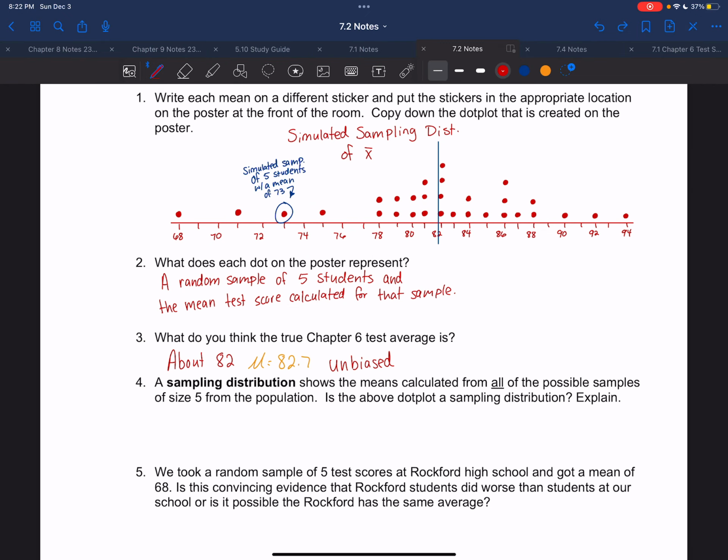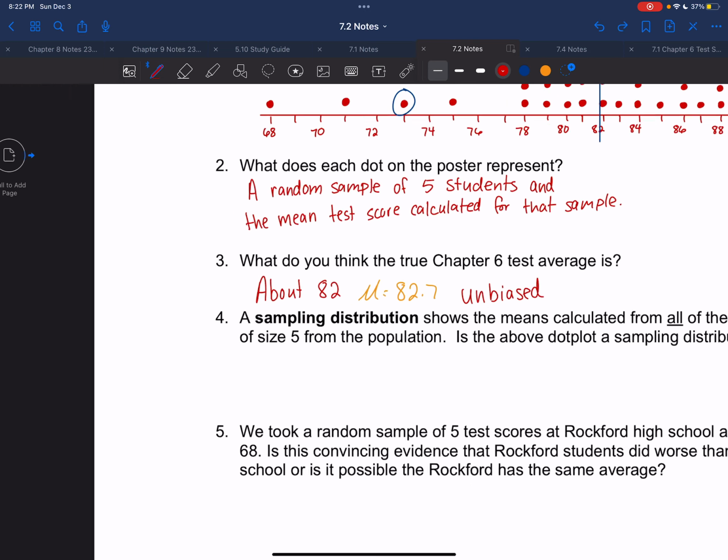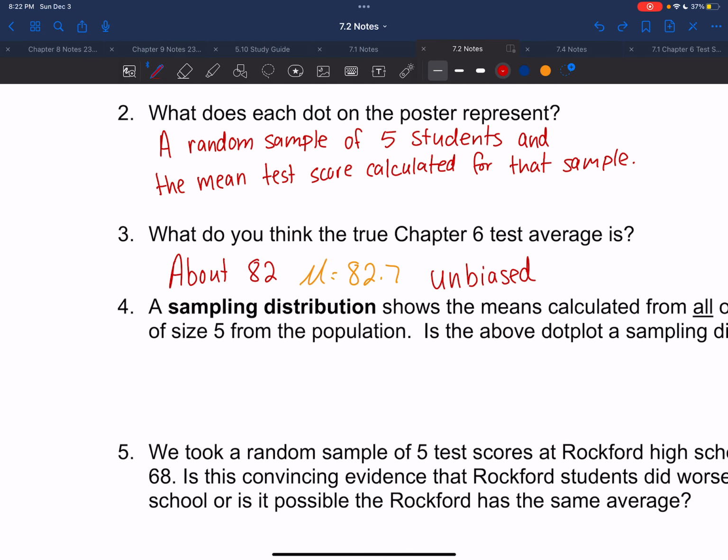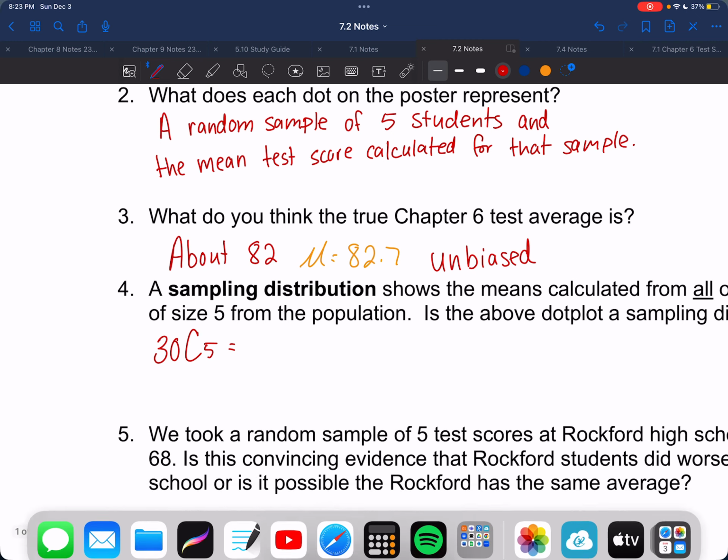Now, remember number 4 says a sampling distribution shows the mean calculated from all possible samples of size 5 from the population. Is the above dot plot a sampling distribution, and explain? So remember, it's got to capture all possible samples of size 5. So here we have, how many dots was it? 30 dots. We have 30 samples of size 5, all right? But if I were to look at all possible samples of size 5, all right, so I got 30 people and I choose 5 of them, okay? So if I do 30 choose 5,